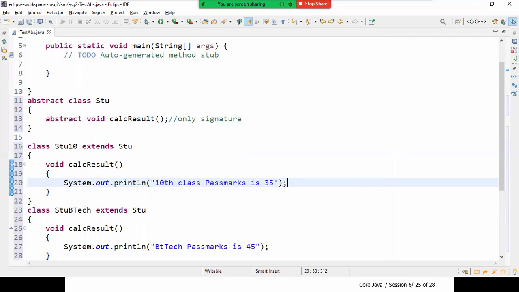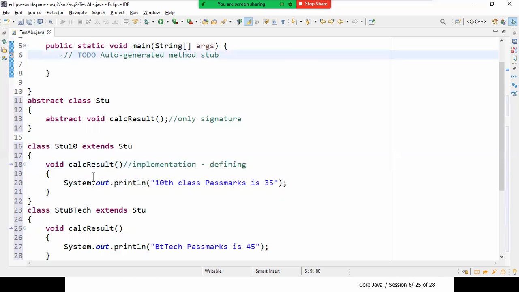Calculate result is defined as abstract; it does not have any definition or implementation. The implementation is provided here in the subclass. In the base class we only have the signature, or the declaration, and in the subclass you provide the definition of it.